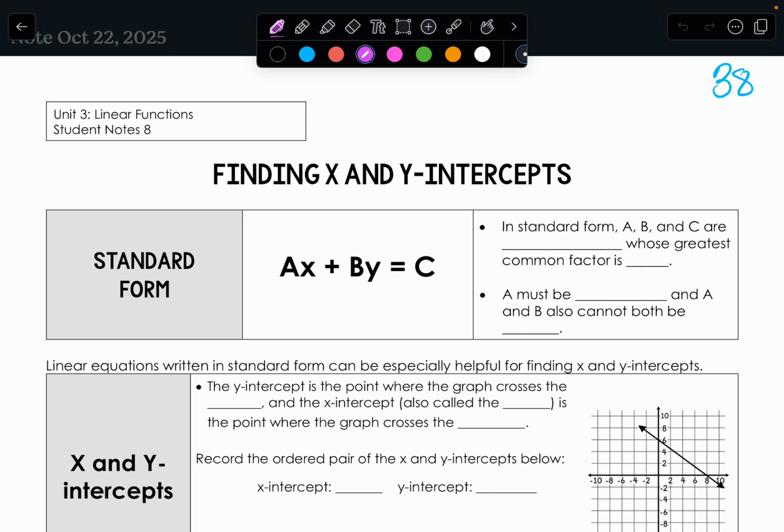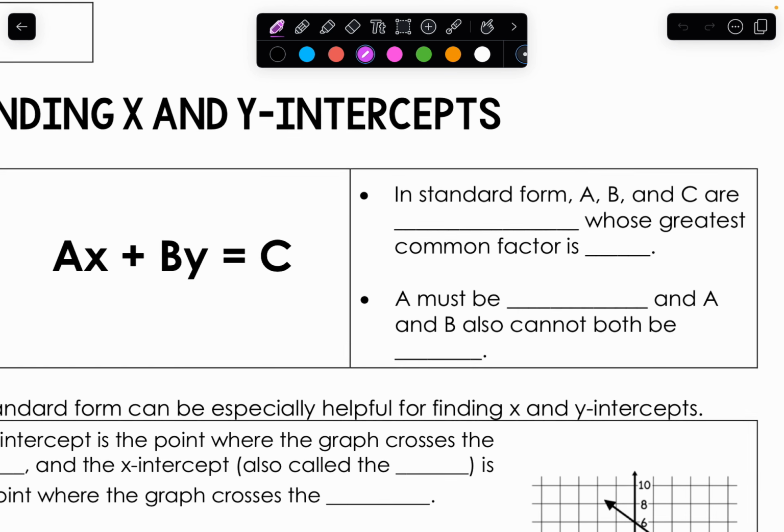Finding the x and the y-intercept. You can use the standard form of an equation to find the x and the y-intercept. Let's go back over what standard form is first. In standard form, a, b, and c are